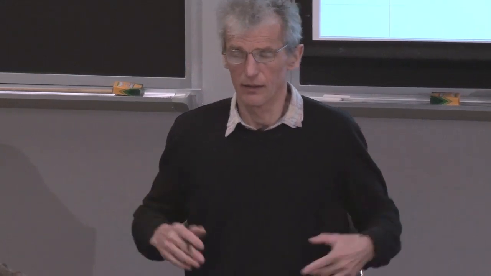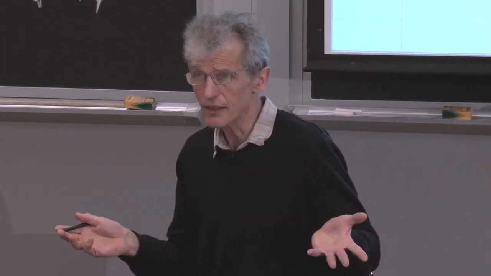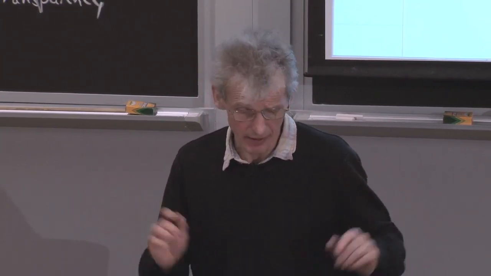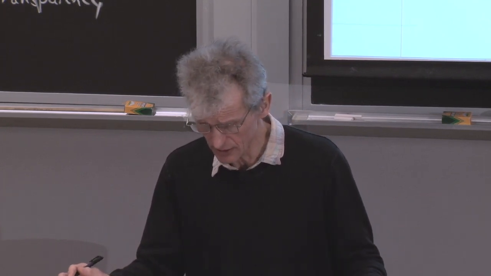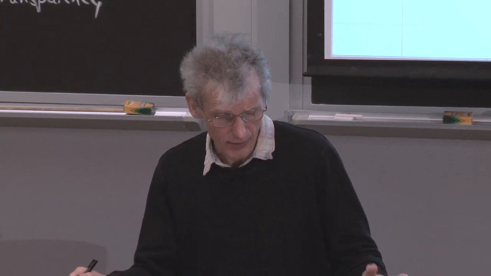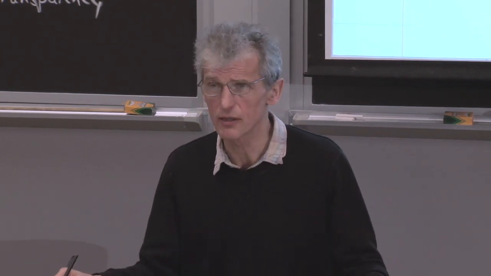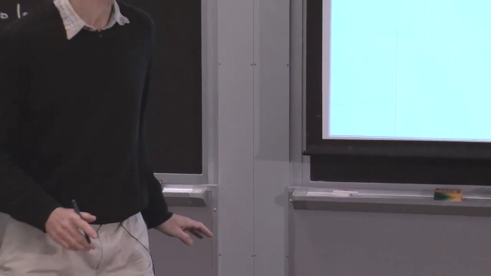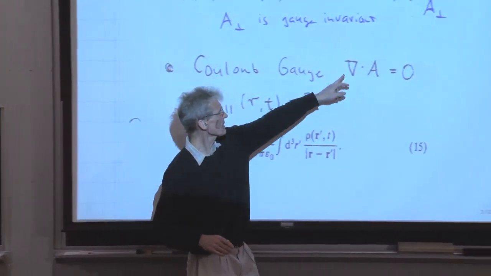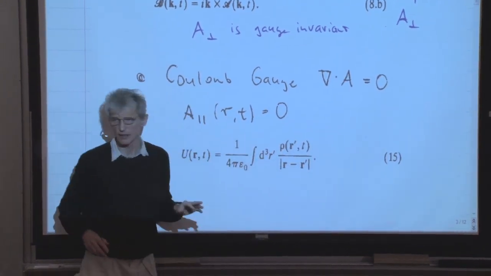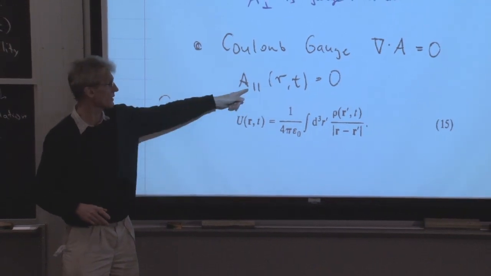Well, now we want to pick our gauge, and we pick the gauge which is most convenient. This is typically, for low energy quantum physics, for describing atoms and radiation, the Coulomb gauge. So we have the freedom of gauge, and the Coulomb gauge is written by saying that the divergence of the vector potential is 0. Now, if you think about the Fourier transform, this means k dot the Fourier components is 0, and that means the vector potential does not have any longitudinal component.